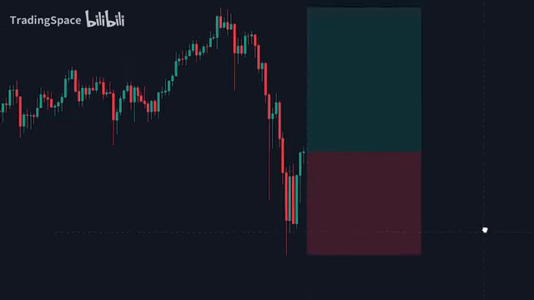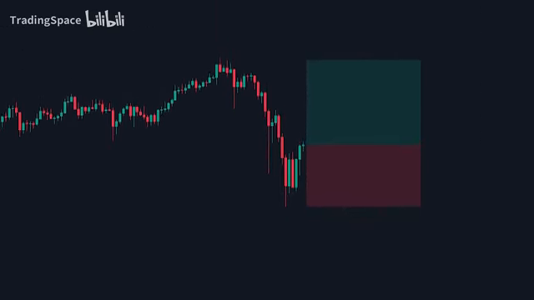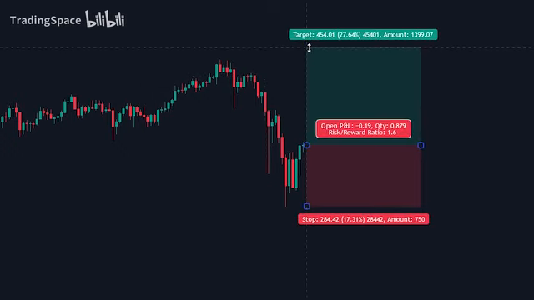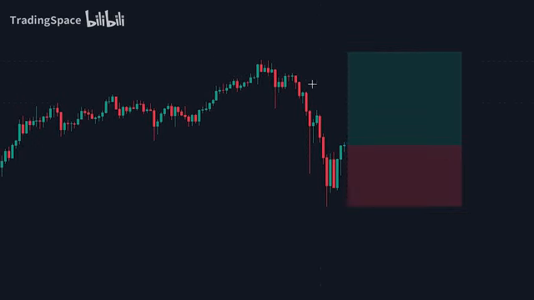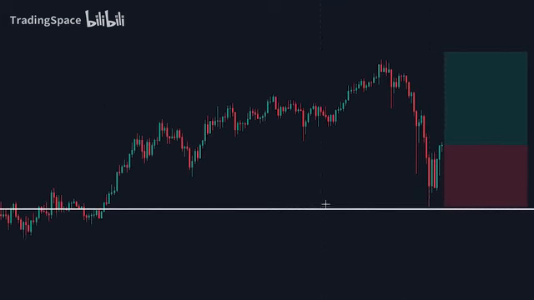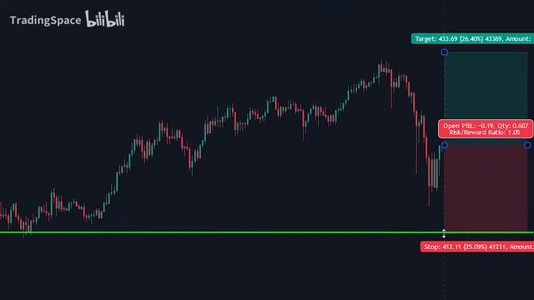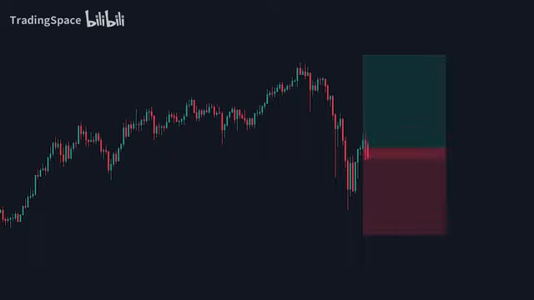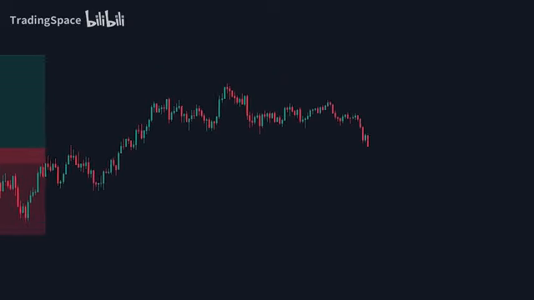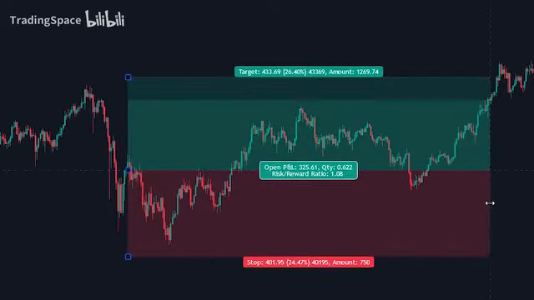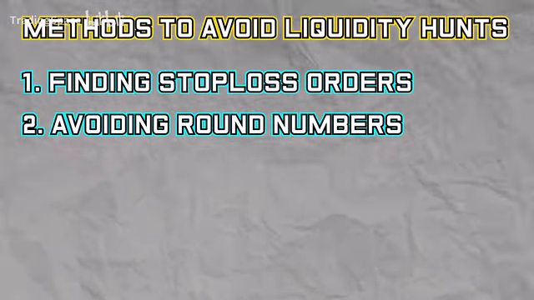Therefore, if it's likely that a liquidity hunt may occur, we should place the stop loss at a different support point. So in this example, instead of placing the stop loss here, we would place it here, avoiding the stop hunt. If we take a look at how the trade plays out, we can indeed see that by placing the stop loss at a less common point, we avoided the liquidity hunt. With the second method, we will be avoiding